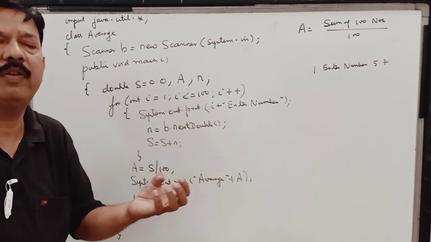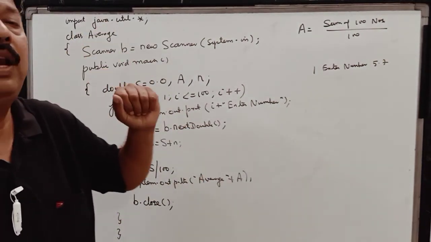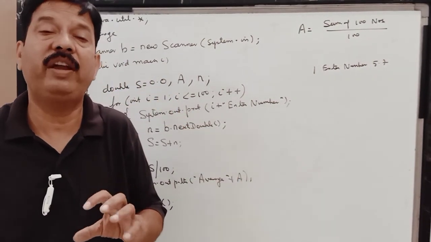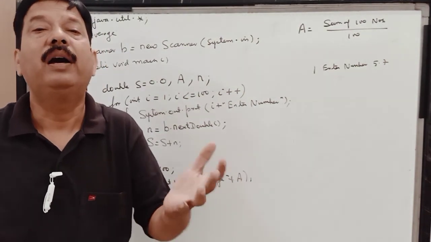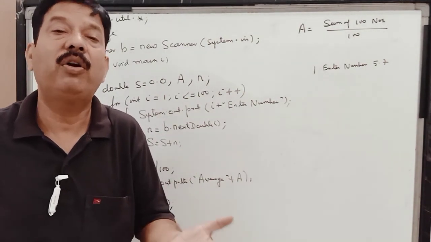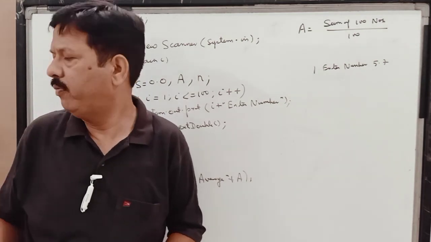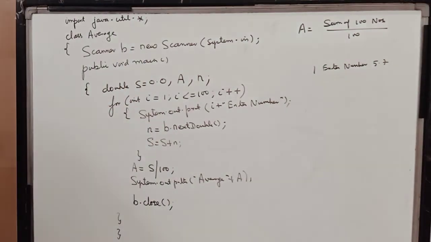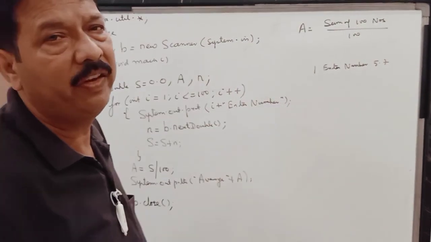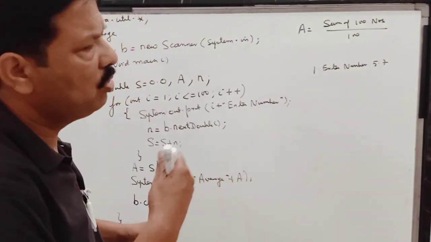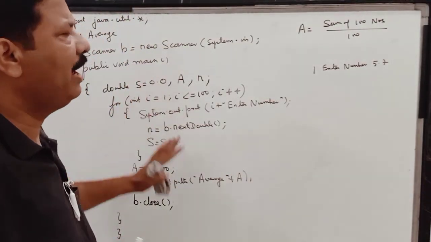A few examples of packages are java.util, java.io, java.lang, java.net, java.awt. There are so many packages which are there. If you go and see the book, children, this is chapter number 6 on page 116 in your book, and if you just go through it, the main part I have already told.